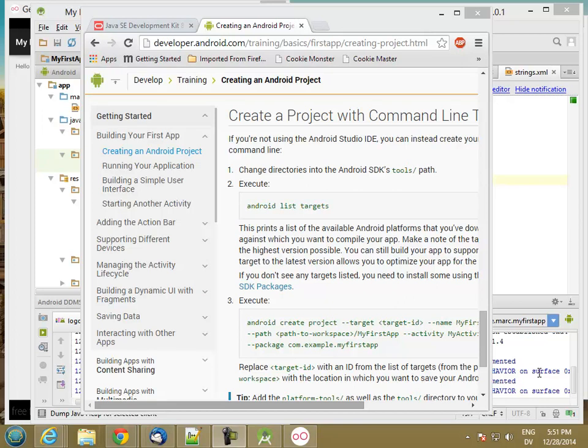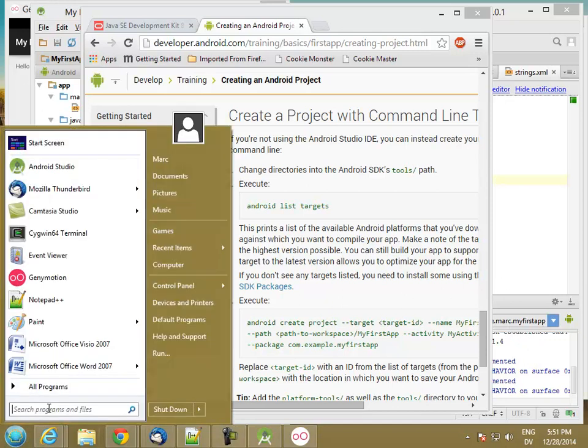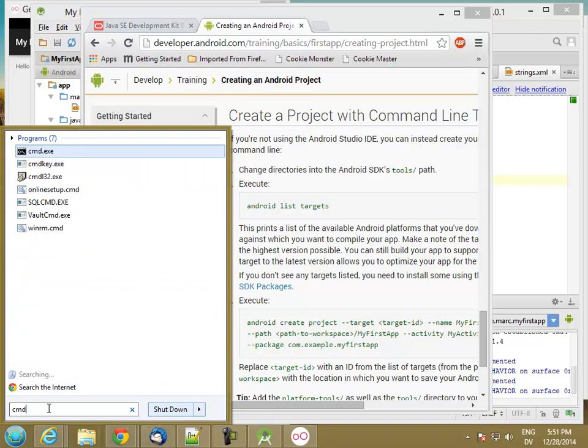Now you can also create a new project from the command line, and let me walk you through that. So the first thing we want to do is start a command line. So command,